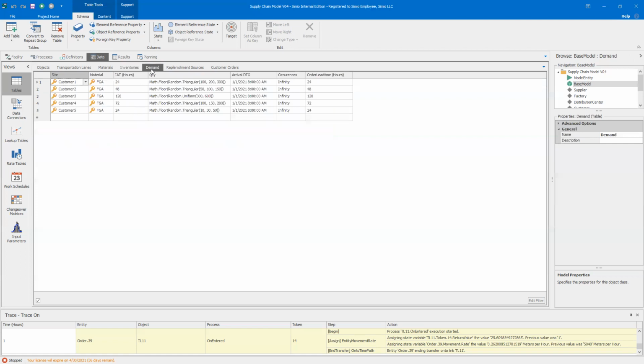And so this is an interesting model. I'm not sure you would have ever seen one like this, but the way the demands are created, we periodically create demands using a process. So there's a process that basically says every 24 hours for customer one, trigger a demand, and the demand is going to be for the quantity that's triangularly distributed. And this is the first arrival date, and we have infinite occurrences, and then we have an order lead time